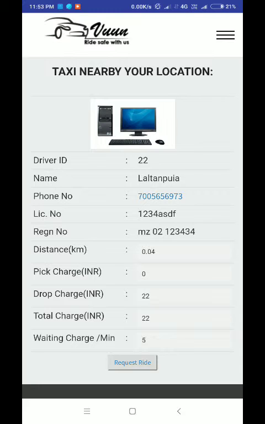By this distance kilometer we mean, how far is that driver from us? Okay, from our source location. Okay, that's it. And the pickup charge here is nil. Okay, here's the dropping charge. Dropping charge is 22, and the total charge is 22. The system automatically calculated